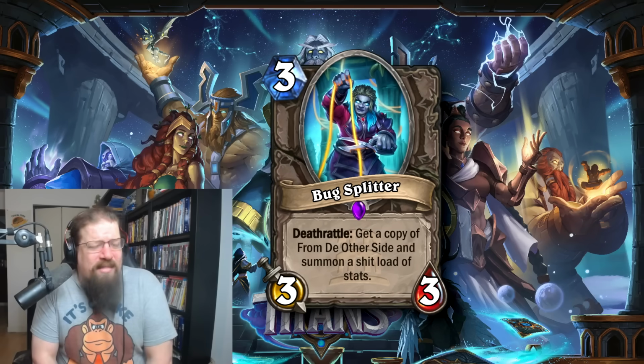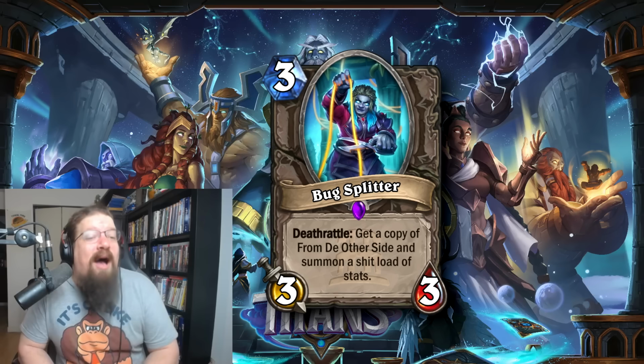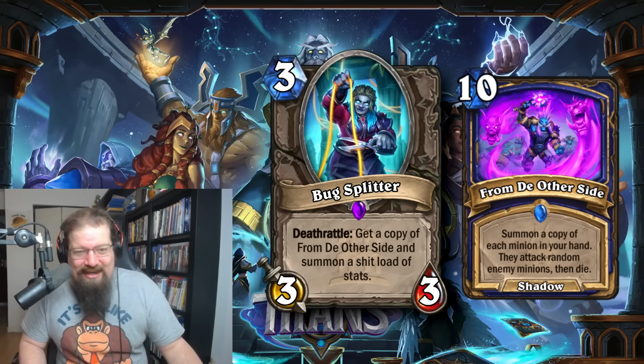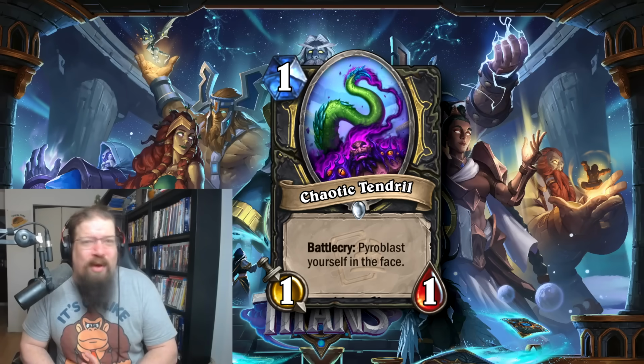Next we have, I must have mistitled this, the Bug Splitter. I thought it was Fate Splitter. A 3-mana 3/3 epic that has Deathrattle: get a copy from the other side and summon a ton of stats. Well, it did that for a little bit as it was bugged, but sadly it's just Fate Splitter now, and we haven't really seen it see play since. And where's our dust, right? They nerfed it. Oh, it was just a bug and it was kind of funny, but still, we want our dust, right? Anyways, Chaotic Tendril, the 1-mana 1/1 Rogue minion,